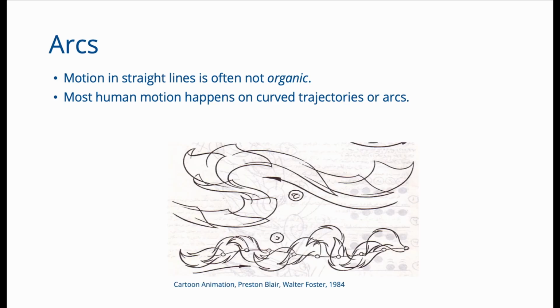Here is another example. So you can see in the first example, it's a sheet of paper that is floating down and you can see that it is forming an arc, the path that the sheet of paper is taking. The second example is the tail of, say, a squirrel. As a squirrel is jumping or running forward, you can see that the tail follows a nice sequence of curves.